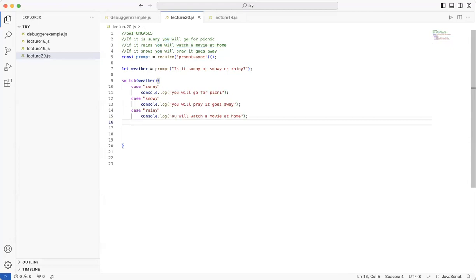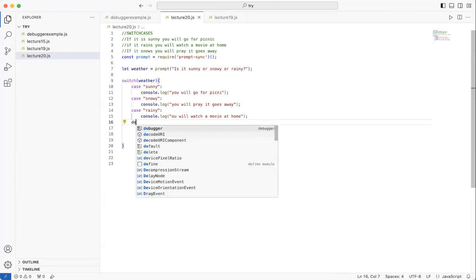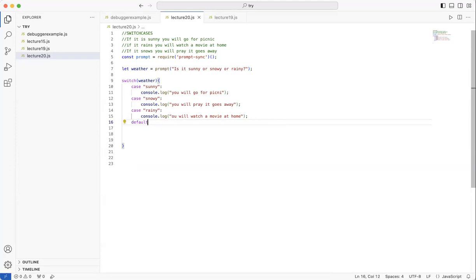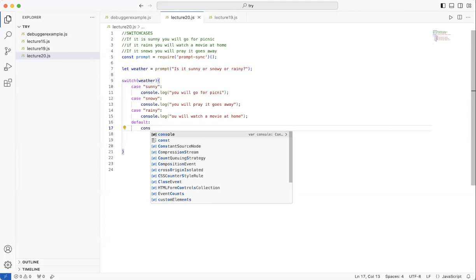Okay. Now, like someone in the chat said, whether we have any none of the above. Now, what if it's none of these? So in that case, we have a default, which will be console.log.